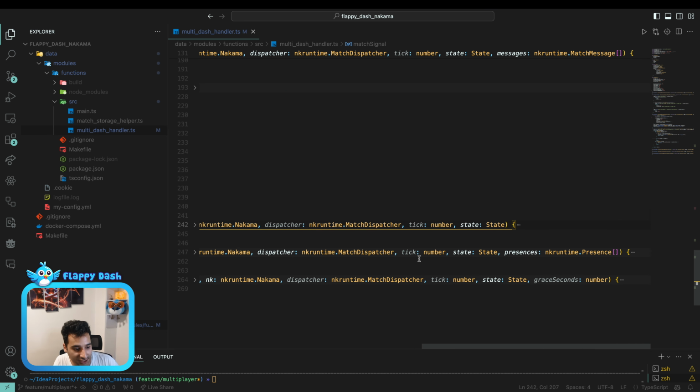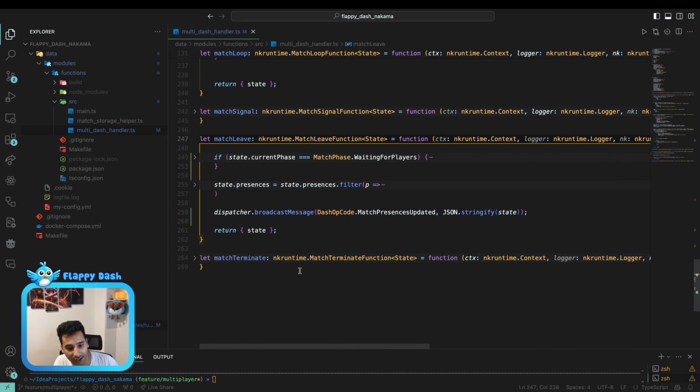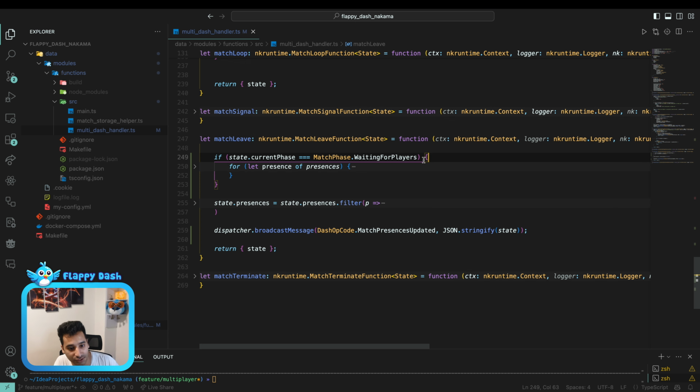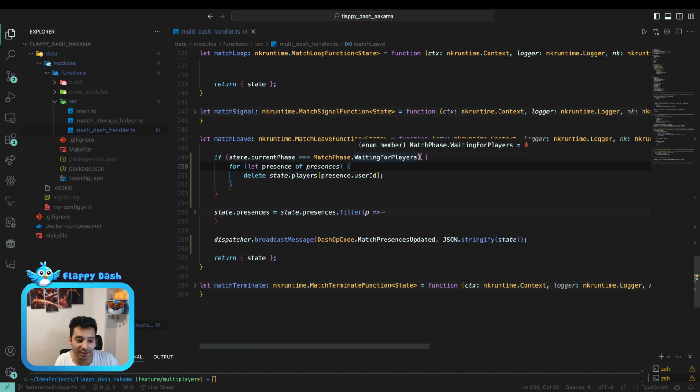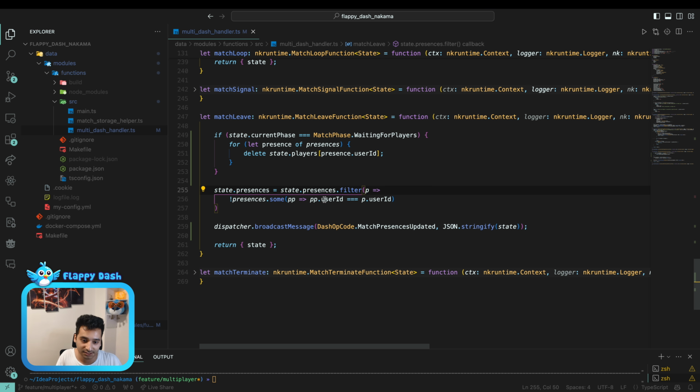And we have match leave. So this is for when a player leaves the match. So we just check if we are in the waiting phase, we just remove the player from the players because we don't care if someone left from the lobby. But if we are in the other phases, we don't remove the player from the players because we need to keep the state of the player to show it whenever the player rejoins the match.